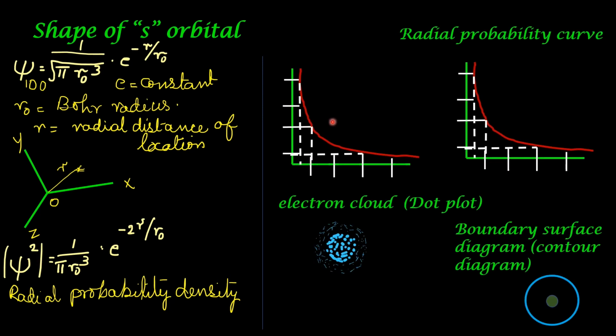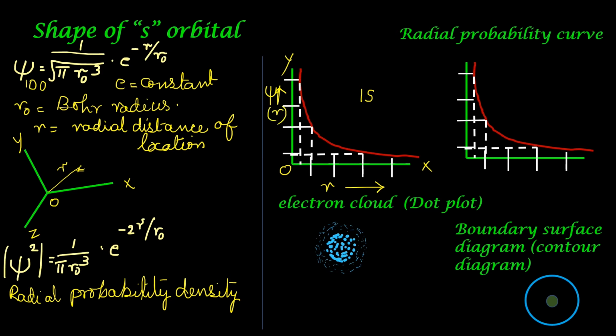This graph represents the variation of psi, that is the wave function, with distance for 1s orbital. Psi is taken along this axis. This is the y-axis, this is the x-axis, this is the origin. The distance r is taken along this. What is it that you understand from this graph? Wave function is maximum near the nucleus. This origin corresponds to the location of the nucleus. As the distance increases, the corresponding values for psi, that is wave function, decreases.